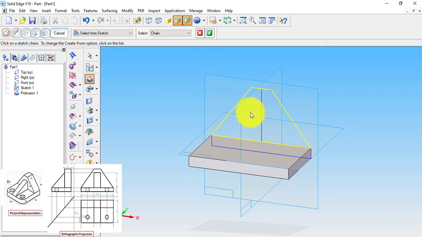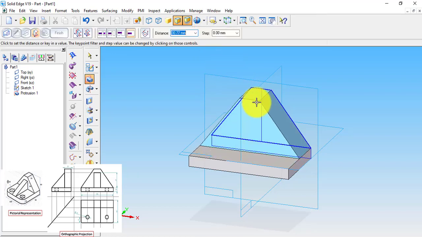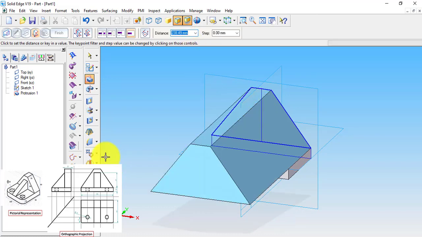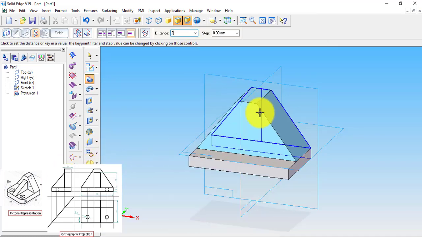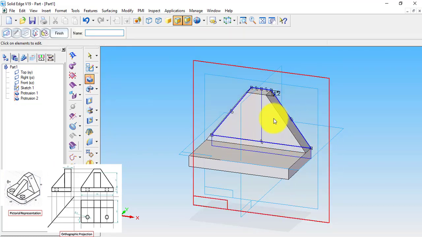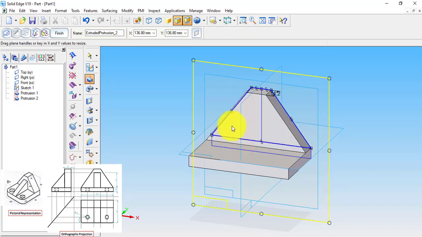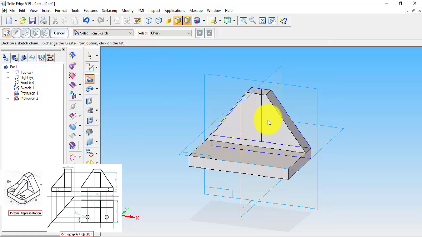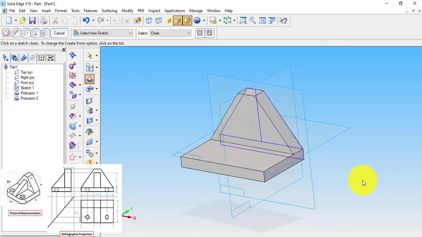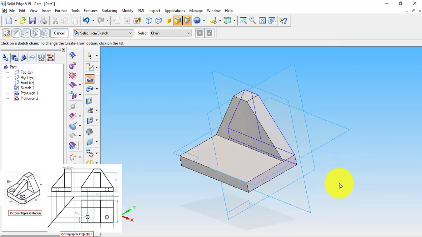After selecting this command, let us click the enter right button, and we need to give the distance. The width of the upper triangle is 20 mm. Let us give it 20. So this is our triangular portion.